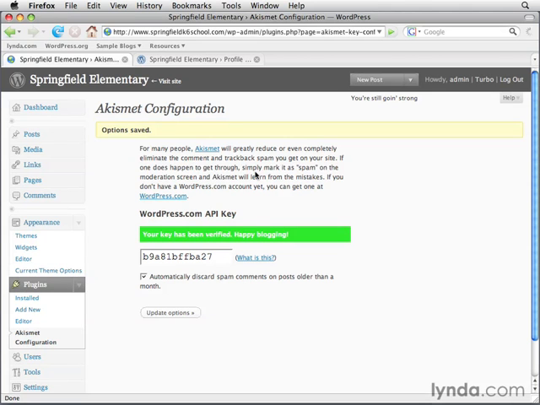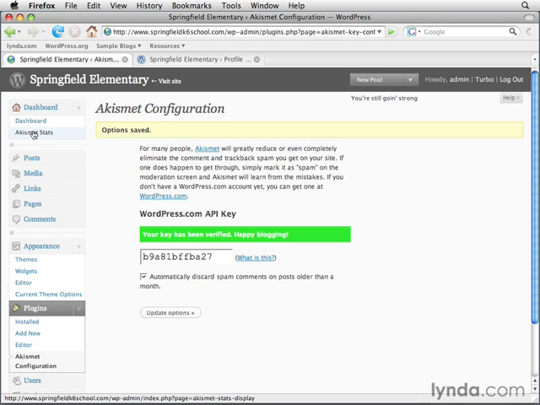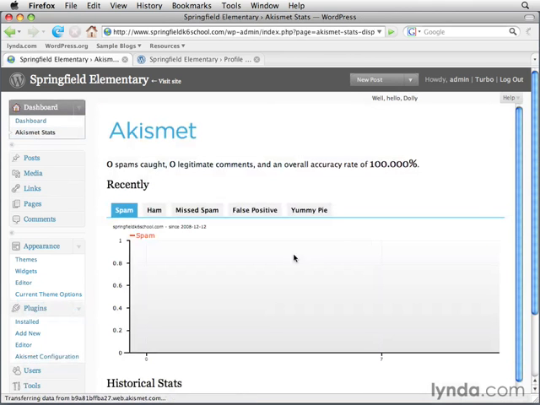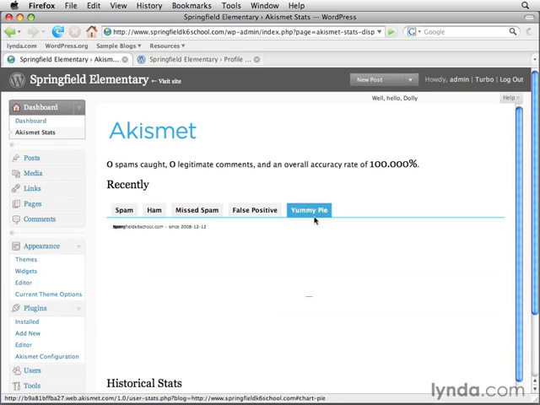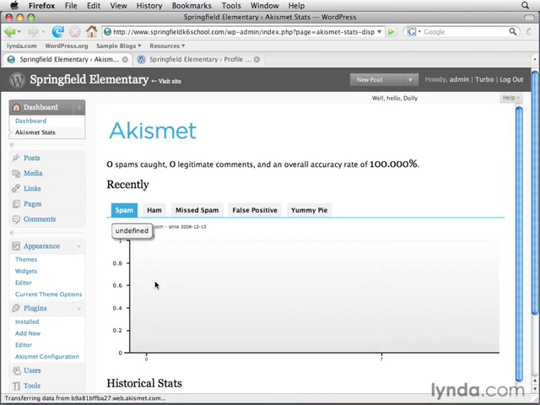So this is all done, and a couple of things I can show you here. First of all, now under the dashboard, we have a new thing here called Akismet Stats. And if we click that, it's going to tell you how much spam, ham, missed spam, and false positive, and I don't know what Yummy Pie is, but it's going to show you what all these things are. Yummy Pie is actually just a pie chart. Now we have no data, so there's no pie chart. But anyway, if you had spam, it would keep track of it here, and it keeps track of the history